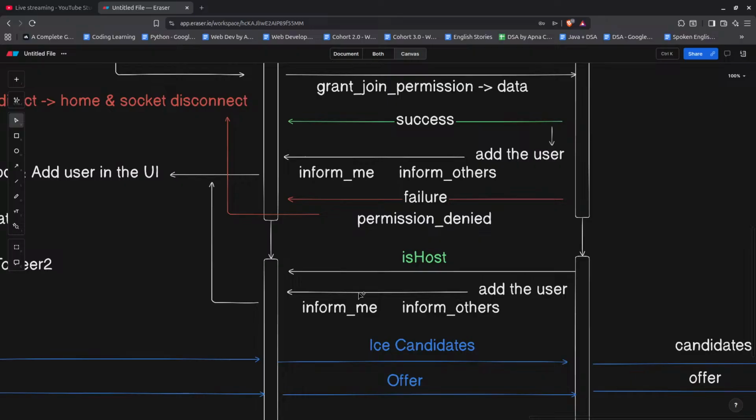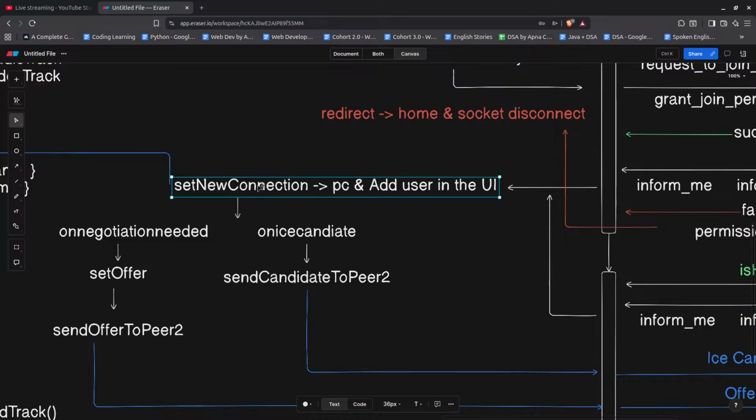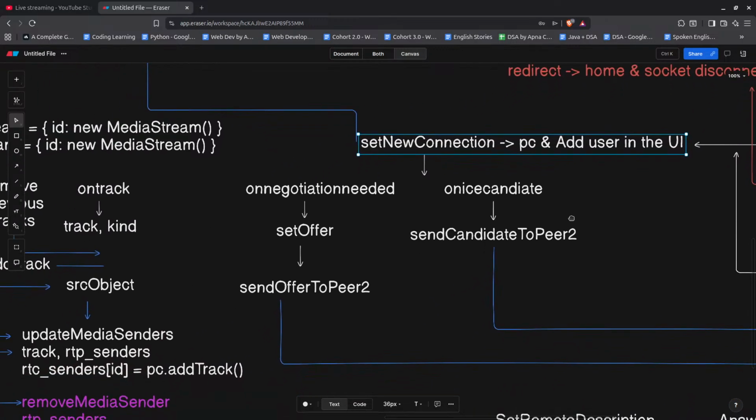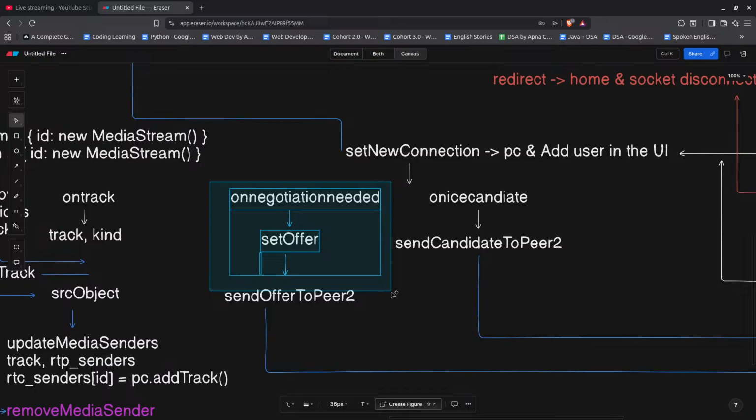And right now the next thing is that whenever the user is added, I'm informing others, and when I'm informing others, at that time I have to create a new peer connection and I have to change the UI. And once the connection is ready, at that time I have to create the offer on negotiation needed, whenever it gets triggered, the offer is going to be created. And when does this get triggered? Whenever I add something to the peer connection. So whenever I add video and all, as soon as that is added, this peer connection gets